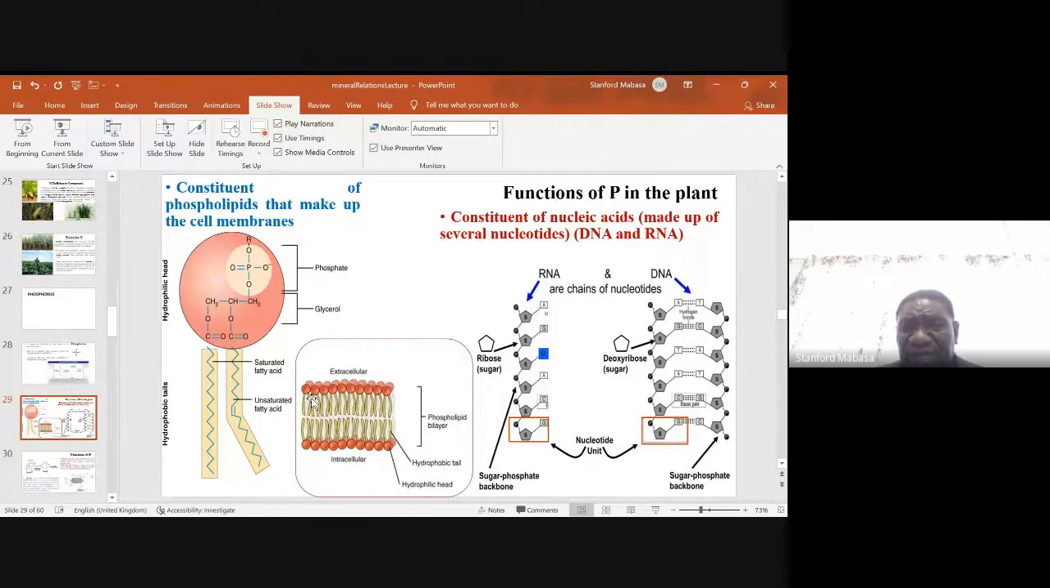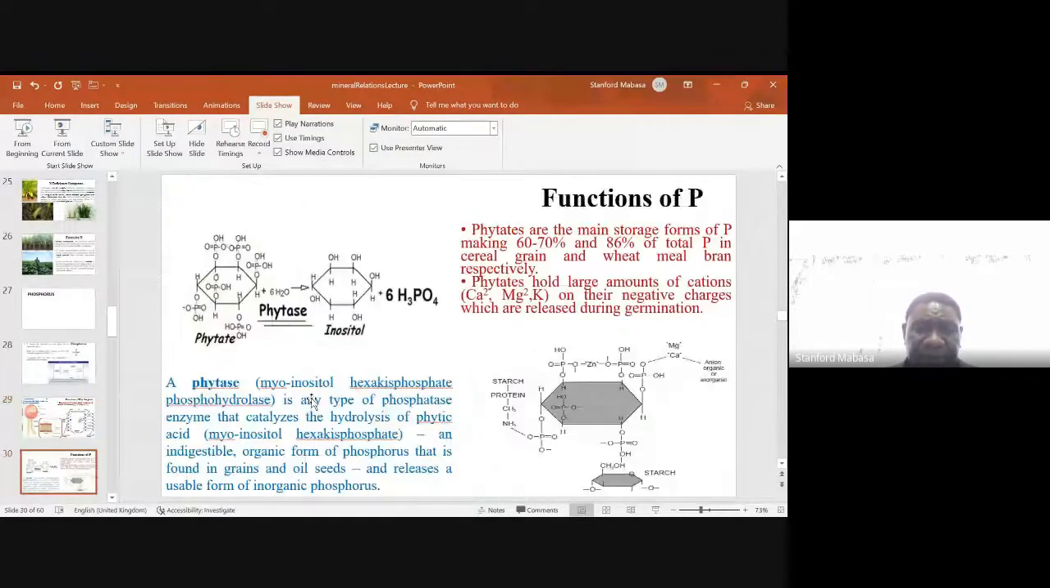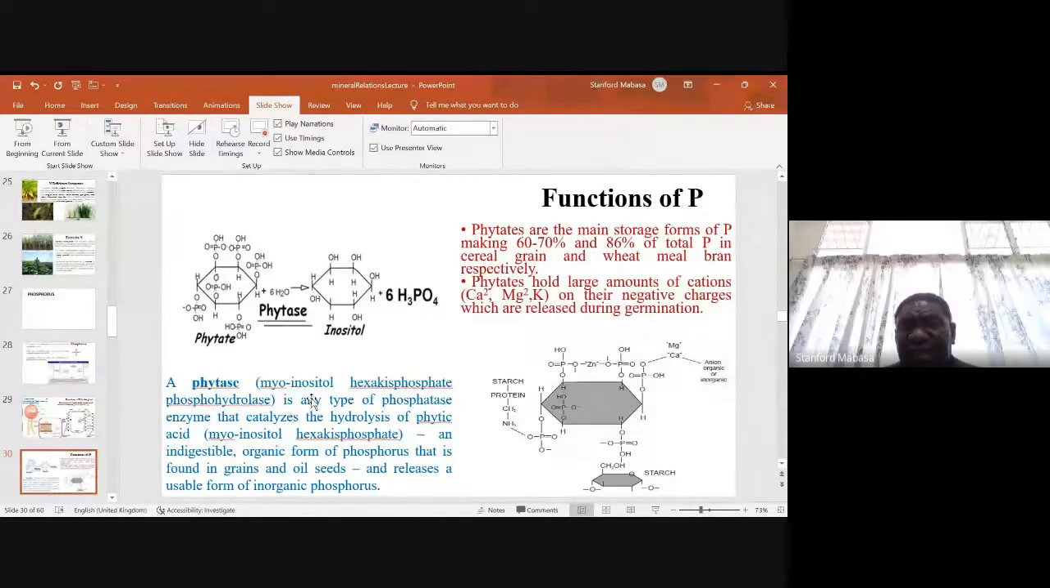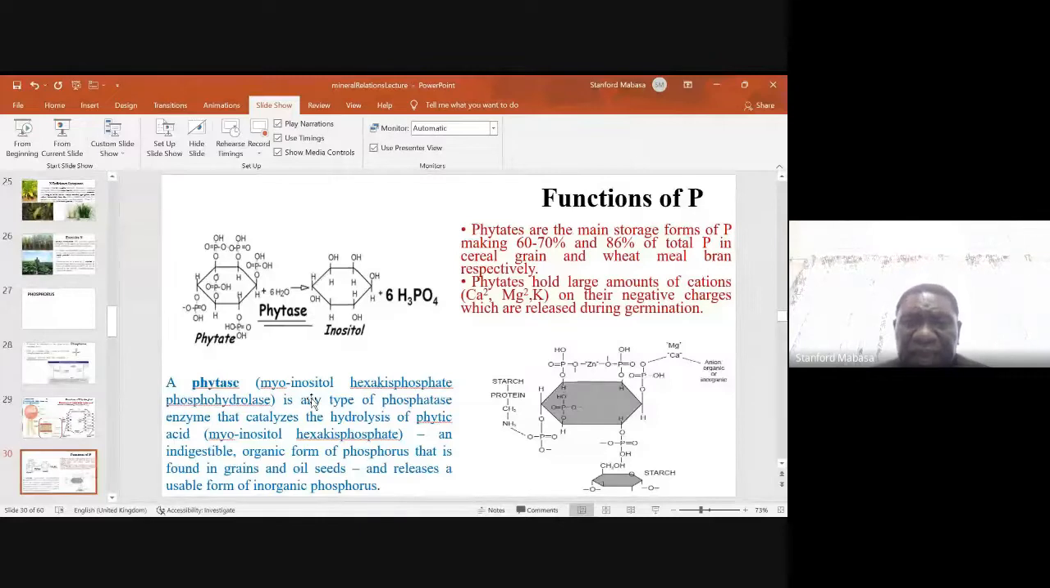It is also important, just like nitrogen, phosphorus is also part of DNA, which is life itself, and the RNA. So these elements are very important, especially when we talk of DNA and the RNA. The other function is that we may have what are known as